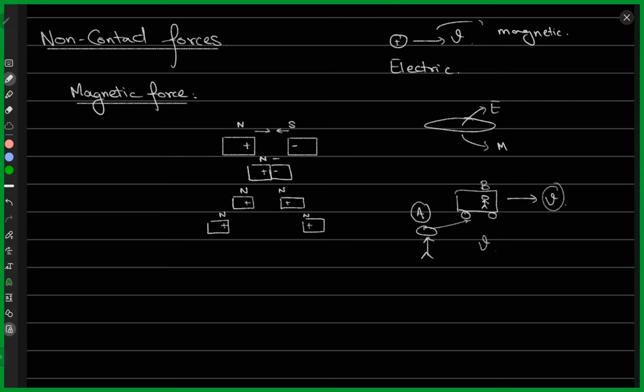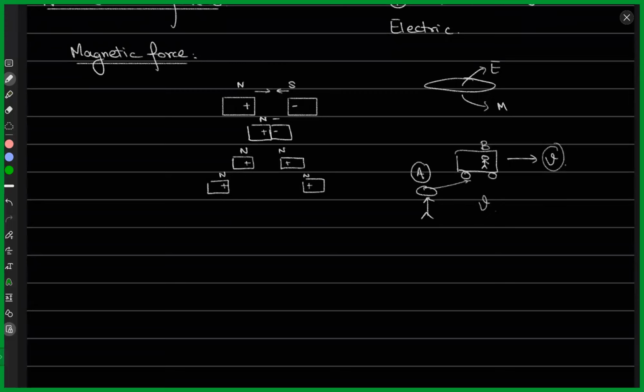It depends. Maybe for some person, he would say that there is no magnetic force at this point. But maybe the other person, who could see that this charge is moving, would say that there is magnetic force as well. So both of them would be right, but it depends on the relative motion of this charge: is there magnetic force, or is there no magnetic force? Anyway, that's the idea of magnetic force.